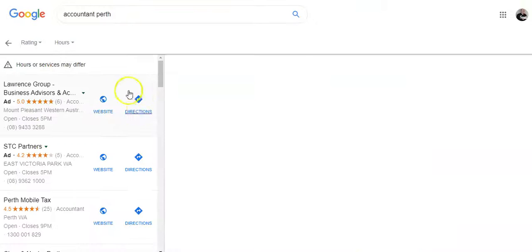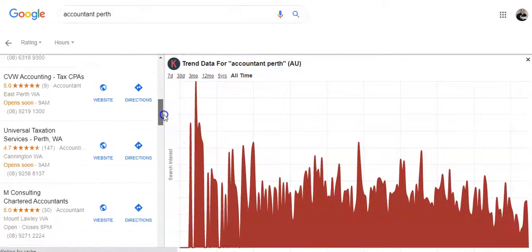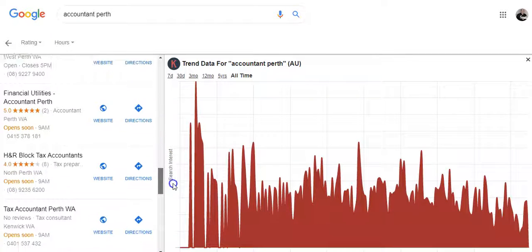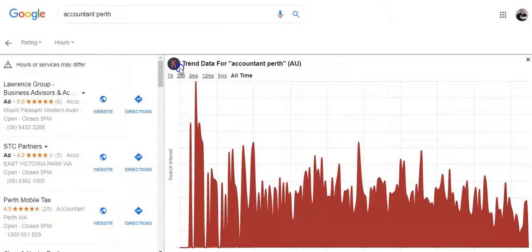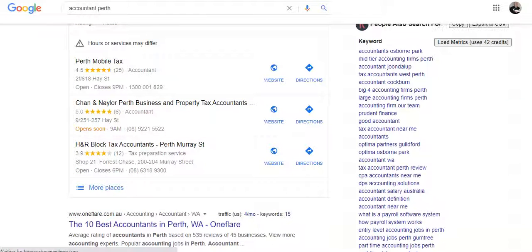I've looked through up to the first 100 businesses, and you're not on it. We could absolutely fix that, and eventually push you up probably into that top 3 position. So when people put in Accountant Perth, you will end up in the map section, and that's because of citations.